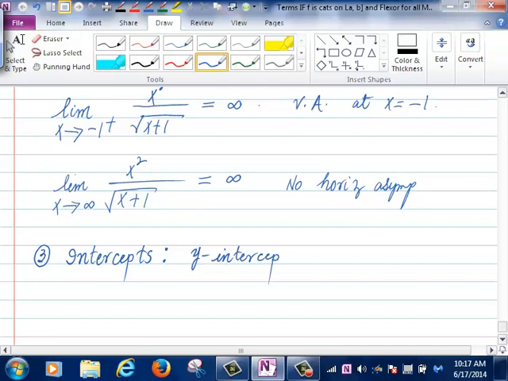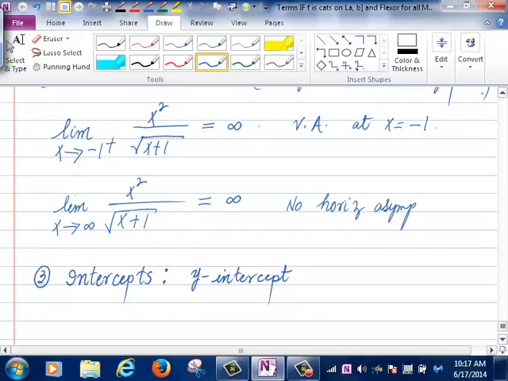In order to find the y-intercept, you have to let x be 0 and find out what the y value is, right? So in my function, if I replace x by 0, what do I get? 0, right? So the y-intercept is at (0, 0),